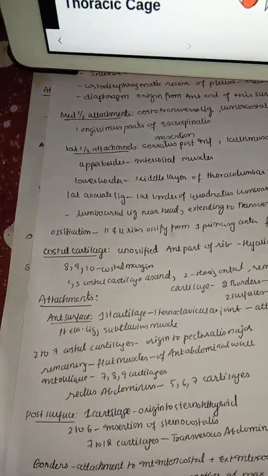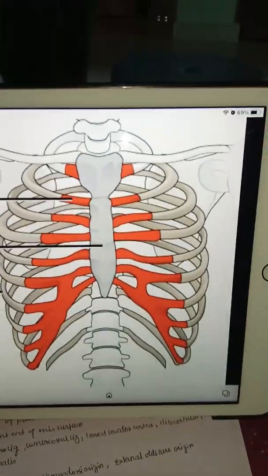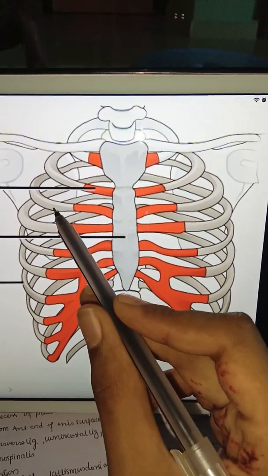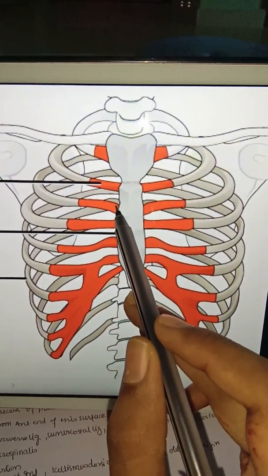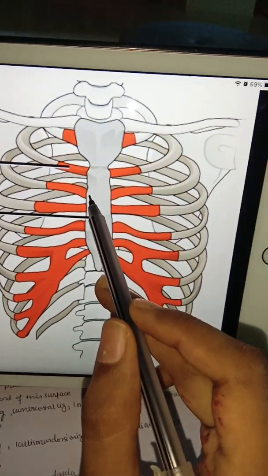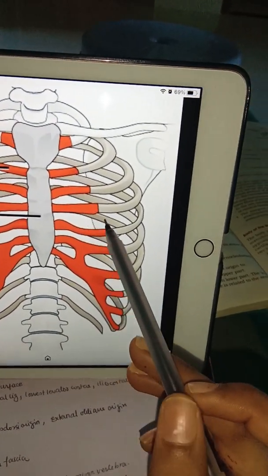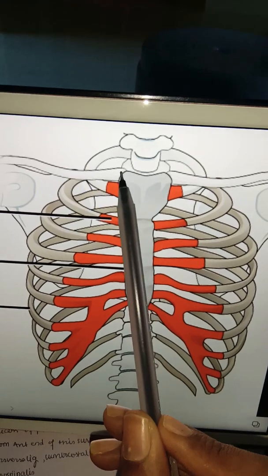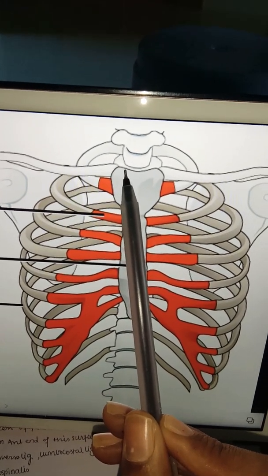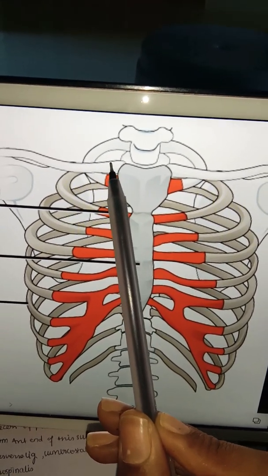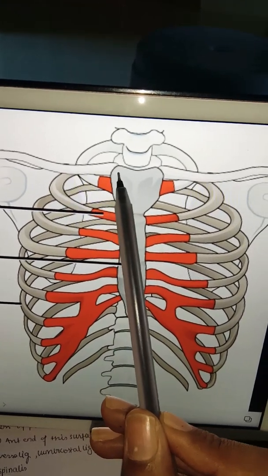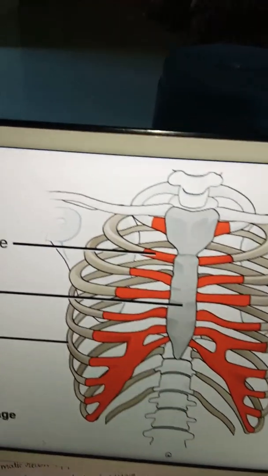To start, about costal cartilage. You can see here the costal cartilage is an unossified anterior part of the rib. This is unossified, mainly made up of hyaline cartilage. It is present anterior to the ribs and attaches to the sternoclavicular disc, because it is going to articulate with the clavicle right over here. So it should form a sternoclavicular disc over here.